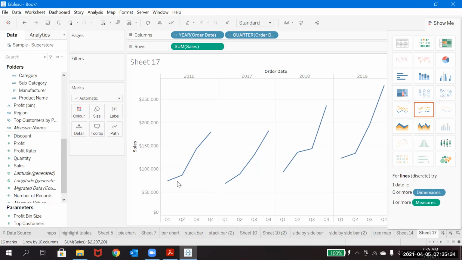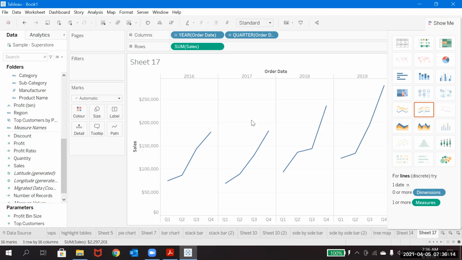See here, same values only, but after 2016 the value got disconnected, and again from 2017 it is showing from the starting. So the line is not going continuously. It's a line chart only, but it is discrete. It means discrete is something that goes with individuality. Year by year and by quarter it was separating and showing it. So discrete is an individual value which is considered, and continuous is something where the value will go continuously. That is the difference.